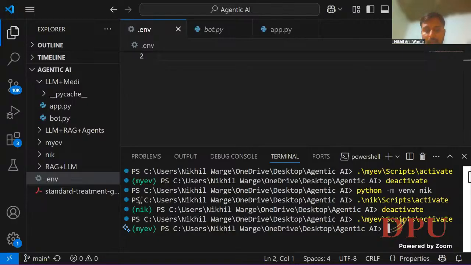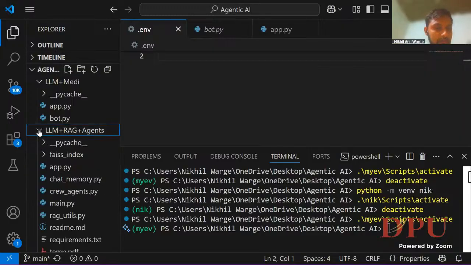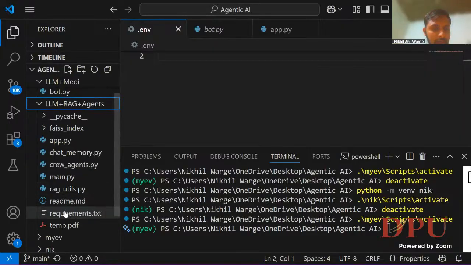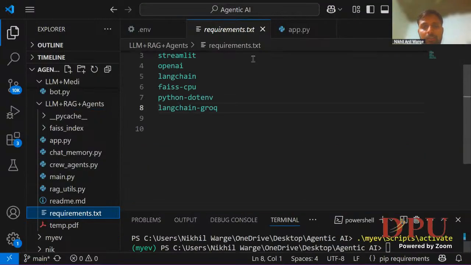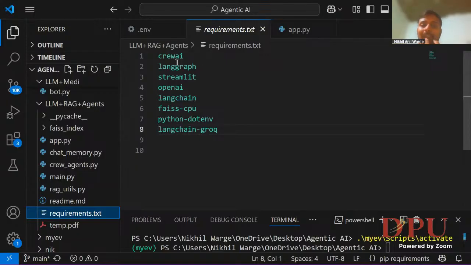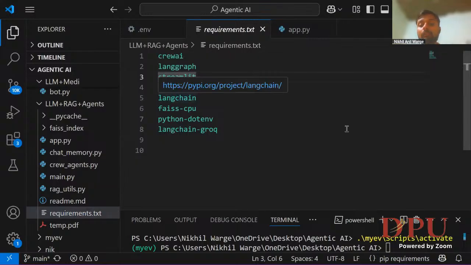Yeah, created. There is the command to install all the required packages. So we will be requiring, yeah, we have requirement.txt. In the entire project we require the CrewAI package, Langrok, Streamlit for the UI, OpenAI for